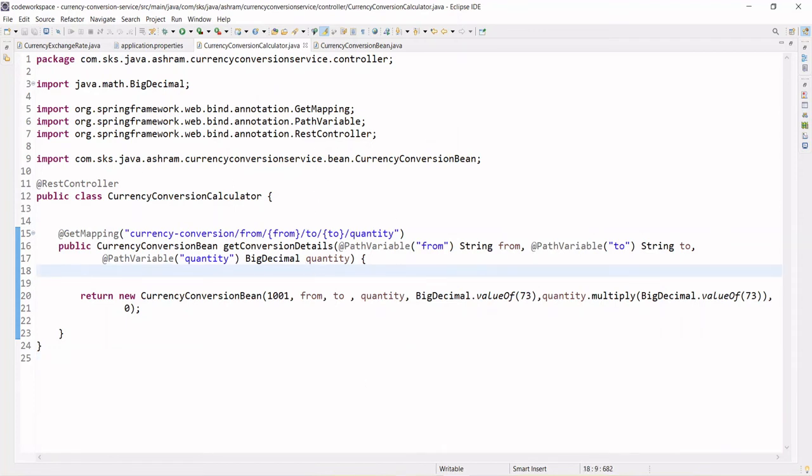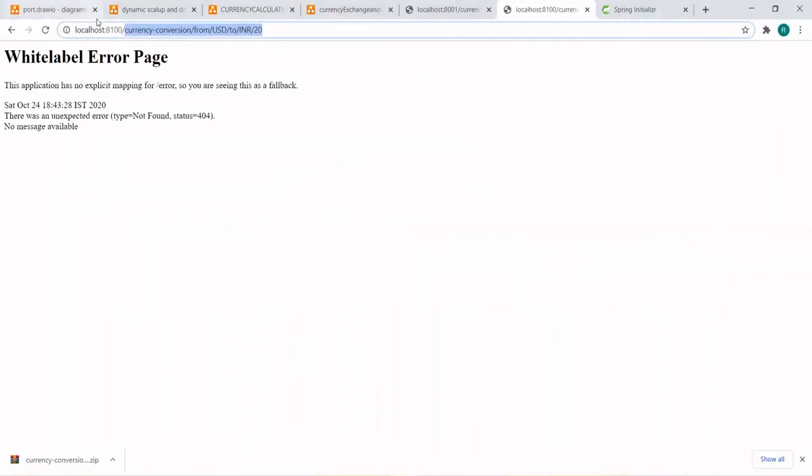Okay, now you can go to this, this is what we had written, and earlier it was not coming. So let's enter this. Still the application shows a no explicit mapping error, so you are seeing this as a fallback. So some error is there, right?